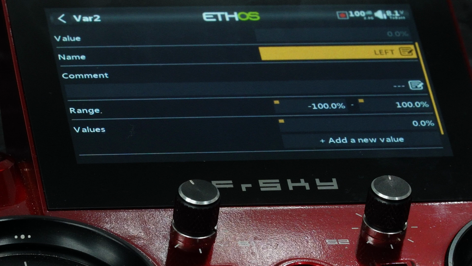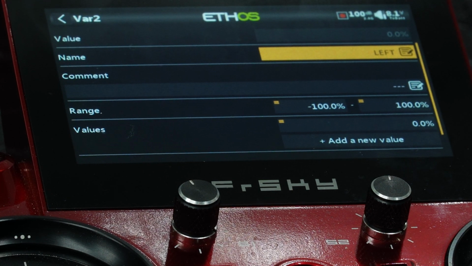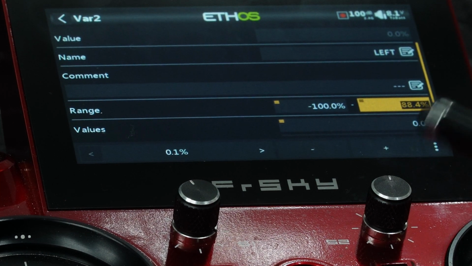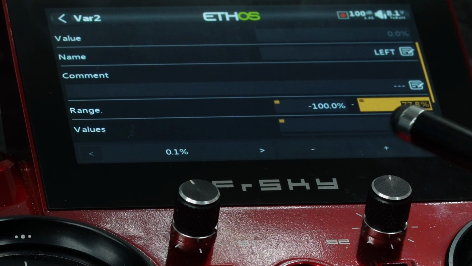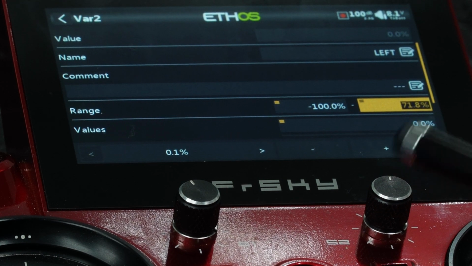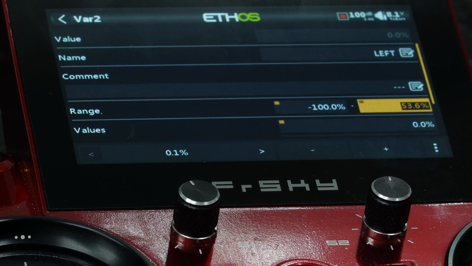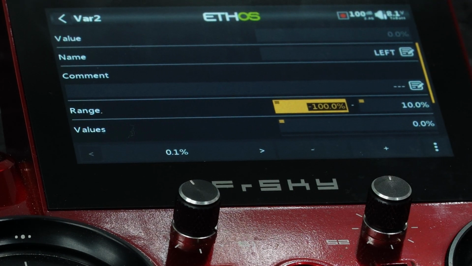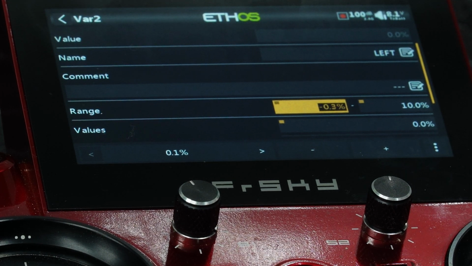We know that these mixes are probably going to be below 10%, so I'm going to set my max value to 10%. I don't want to worry about having some crazy, ridiculous mix, so this will give me a limit. And for the minimum, I'm also going to set this to 0. That way, I'm not having to worry about